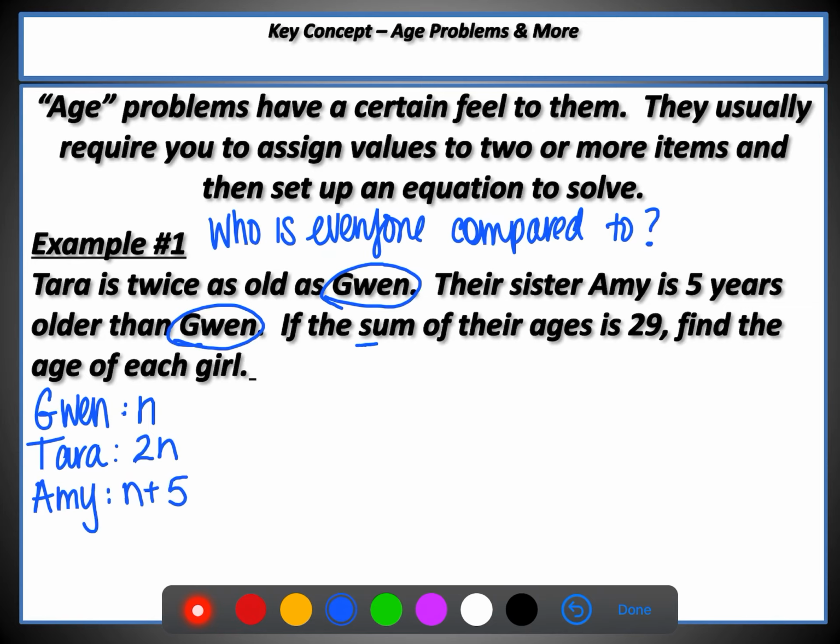All right, and then this is similar to the first type of integer problems. The sum of their ages is 29. So n plus 2n plus n plus 5, we're going to make our equation. So remember, guess and check is not allowed here. We do need our expressions, which are these n, 2n, n plus 5, and then we need our equation. All right, so combine like terms and solve. So 1, 2, 3, 4n